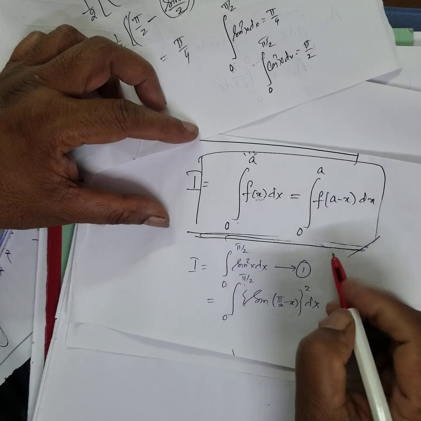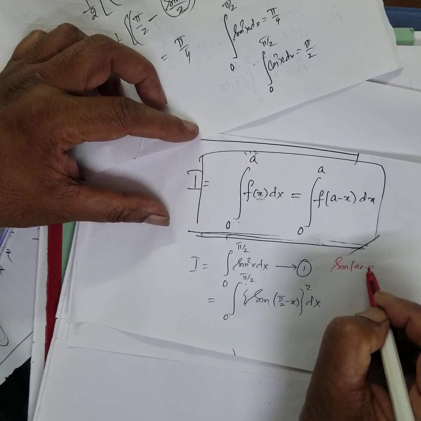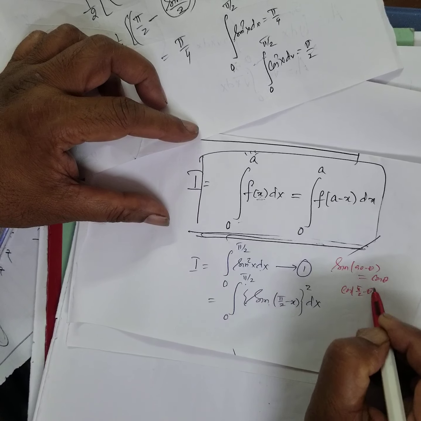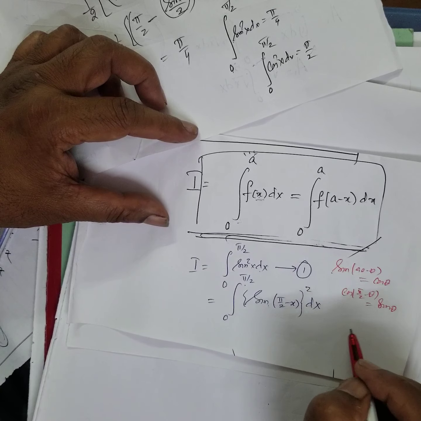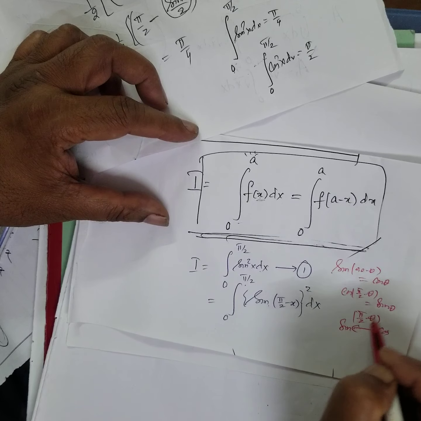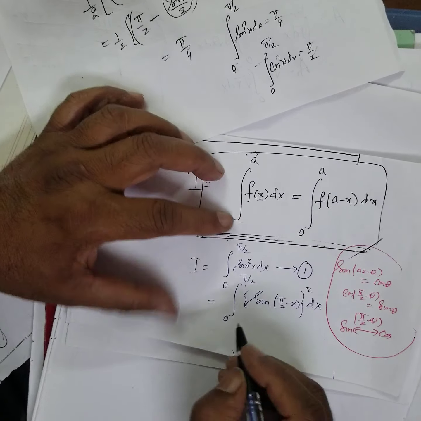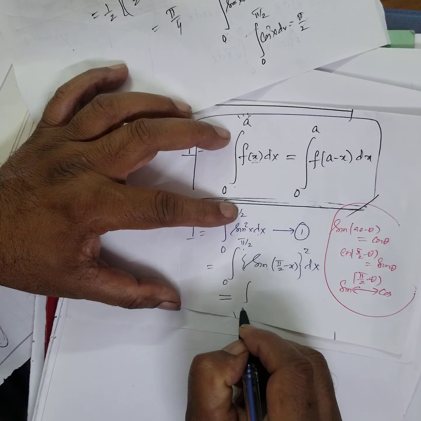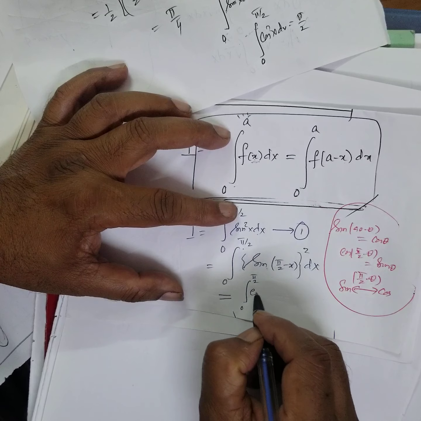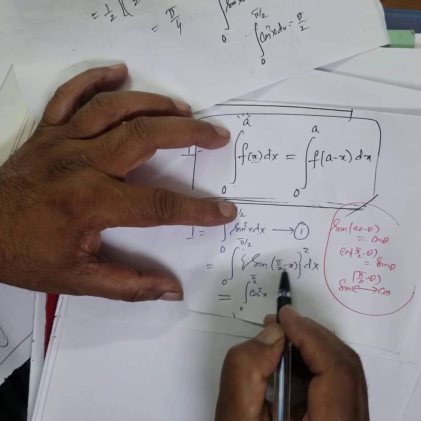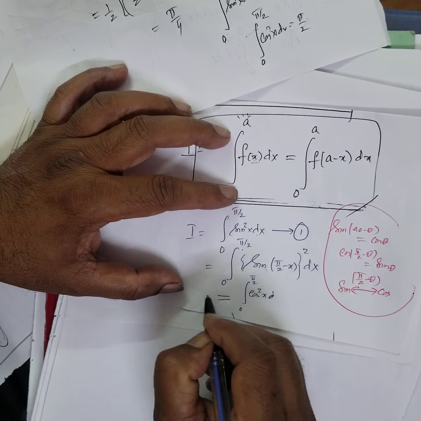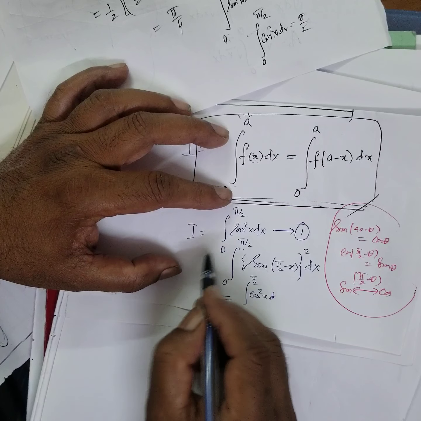You know sin of 90 minus theta is equal to cos theta. Similarly, cos of 90 minus theta is equal to sin theta. Therefore, sin and cos can be interchanged using 90 minus theta. You know this. Therefore, what I write here is the integral from 0 to pi by 2, because in the first quadrant all are positive, sin becomes cos, so I get sin of 90 minus x, whole square, dx, which is cos square x dx. I is also the same thing.